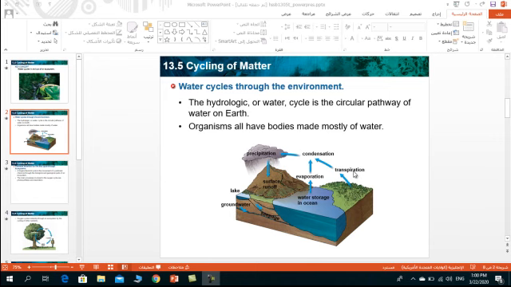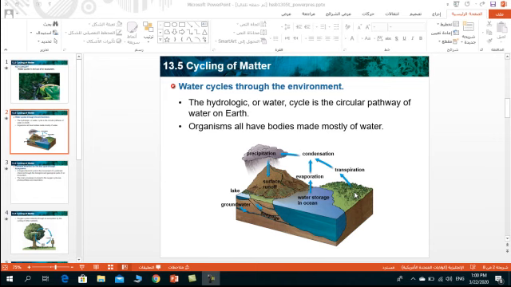Another way for water to return back to the atmosphere is through the evaporation process, where the water is evaporated, of course, due to the sun's light energy. When they are exposed to it, the water droplets will evaporate, and then when they evaporate, they lead to the formation of clouds, which then condense to form precipitation, returning back to the soil.